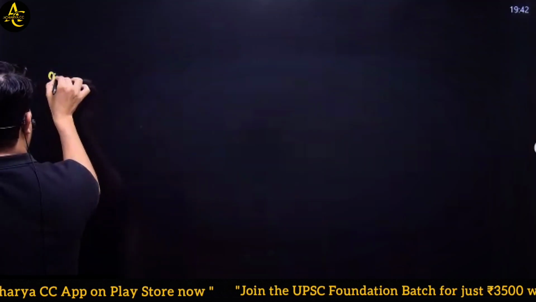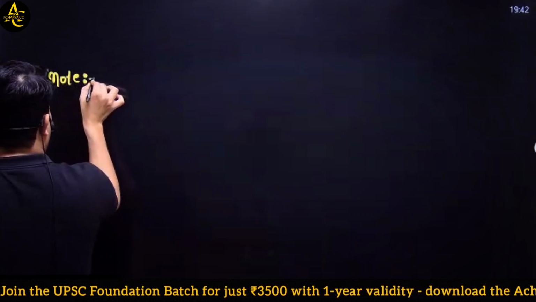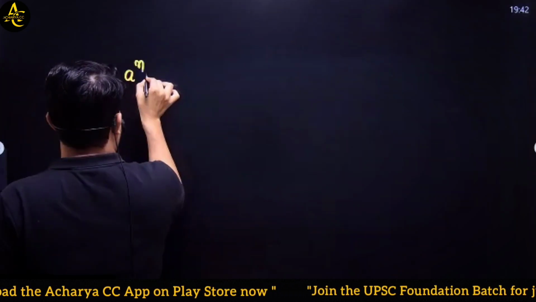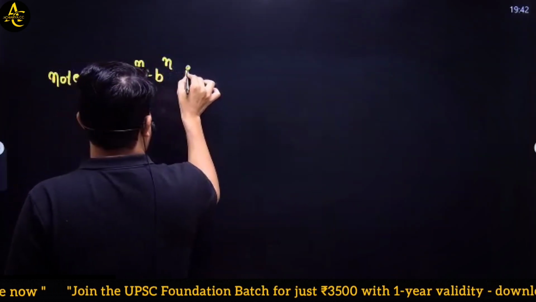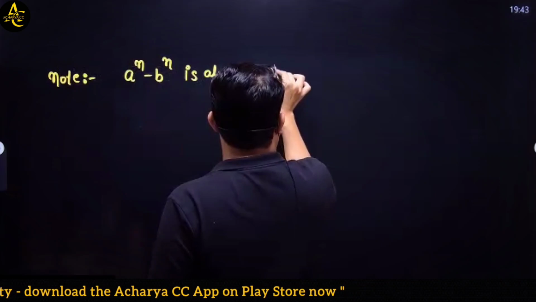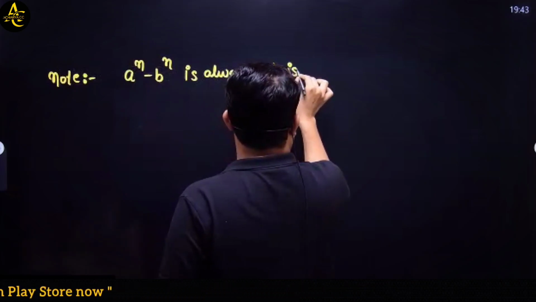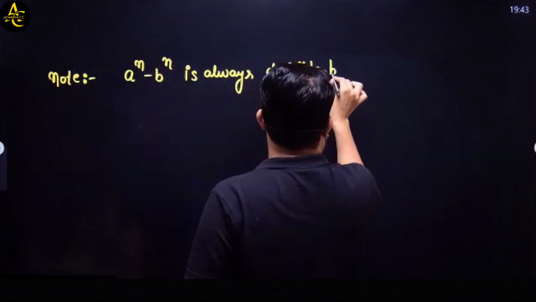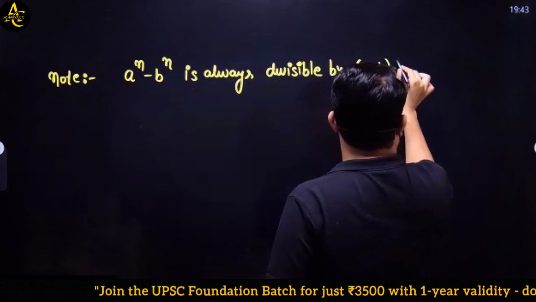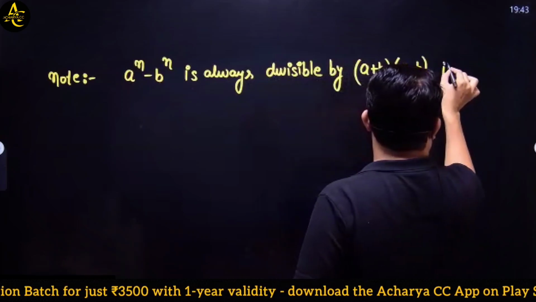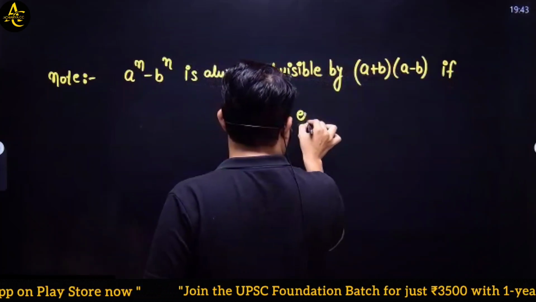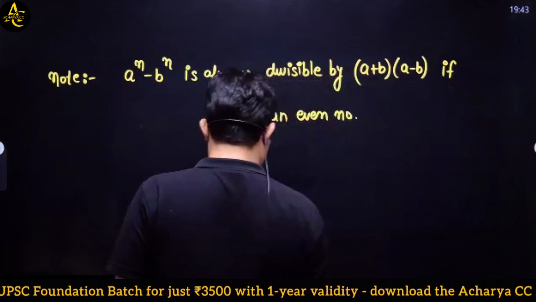Write another note. a to the power n minus b to the power n is always divisible by a plus b and a minus b if and only if n is an even number. For example,